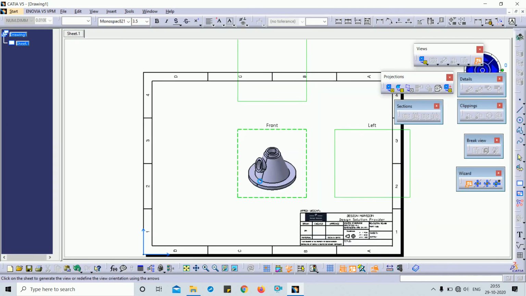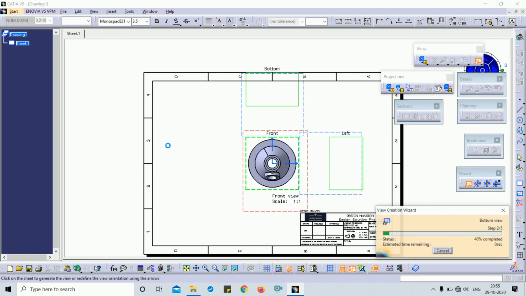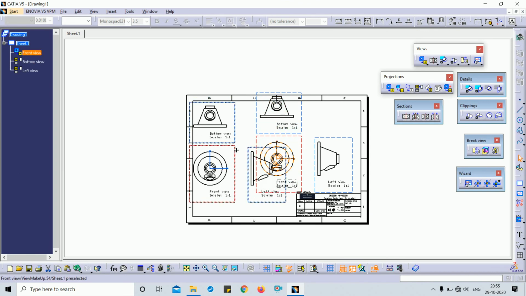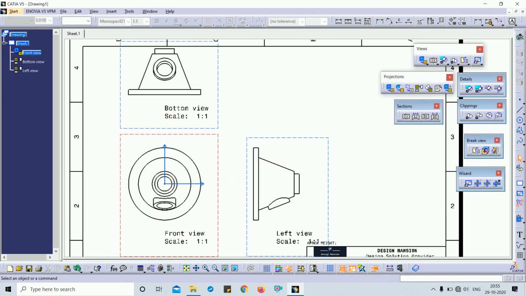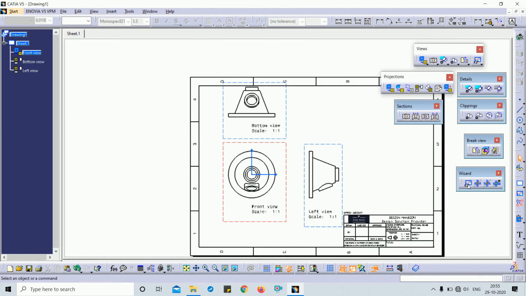Okay, you can see all the views. This is how you can use the wizard toolbar.